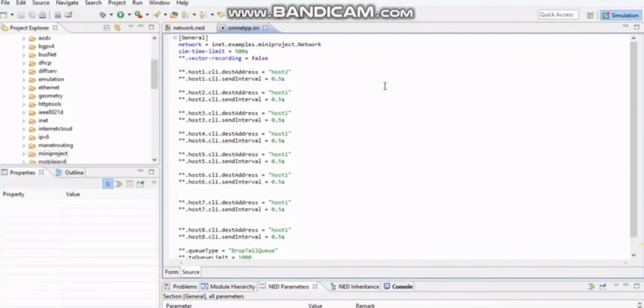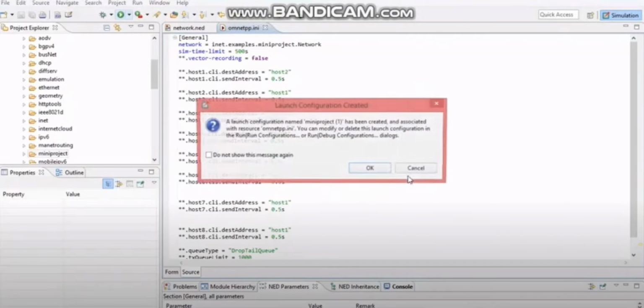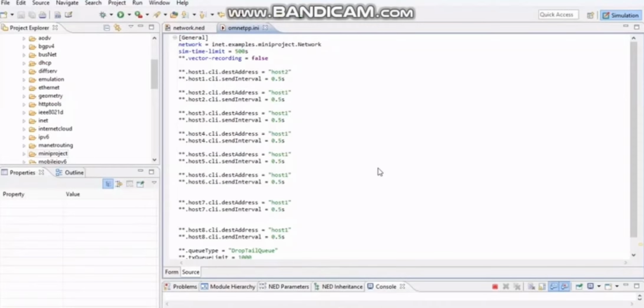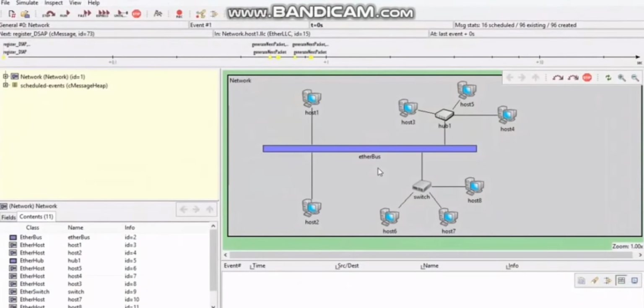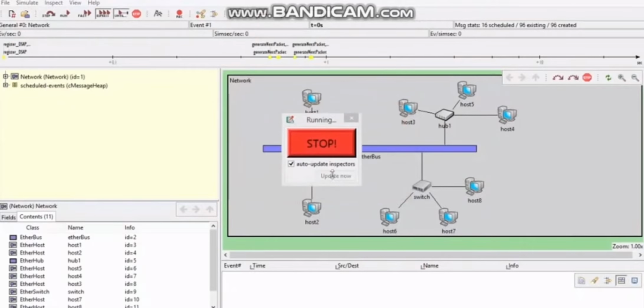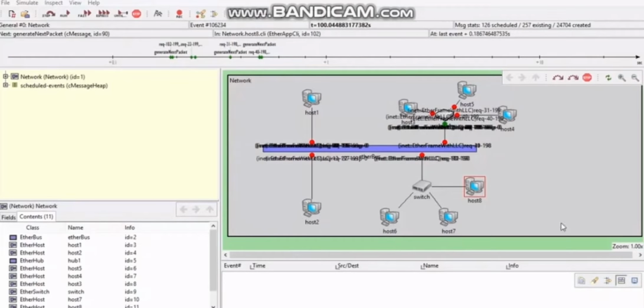In this coding I have set 8 hosts, where host 2 to host 8 have their destination address set to host 1. For host 1 I have set the destination address to host 2, so it would be easy. I set 0.5 second for each host's sending interval.